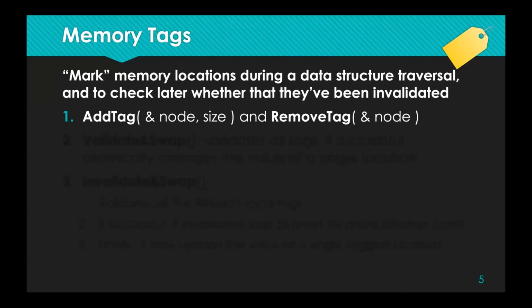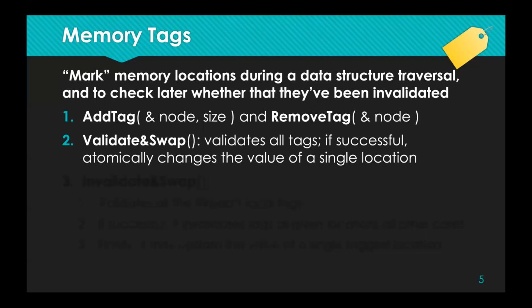This will be tracked from now on against invalidations. Then remove tag sort of removes the corresponding tag from a node. Then validate and swap, which works pretty much the same as compare and swap. It validates all given set of tags. If this validation is successful, so none of these tags have been invalidated, then it atomically changes the value of